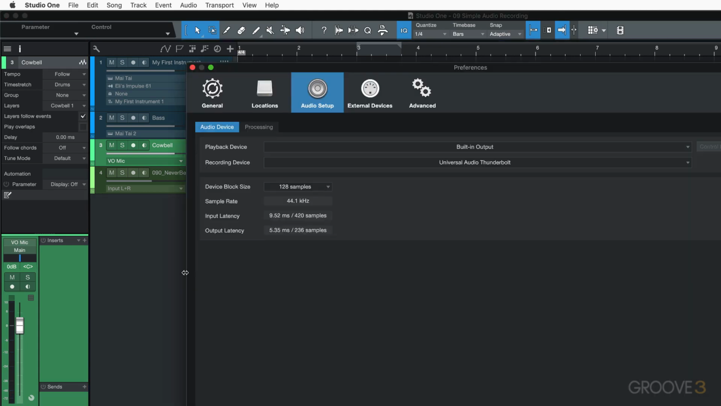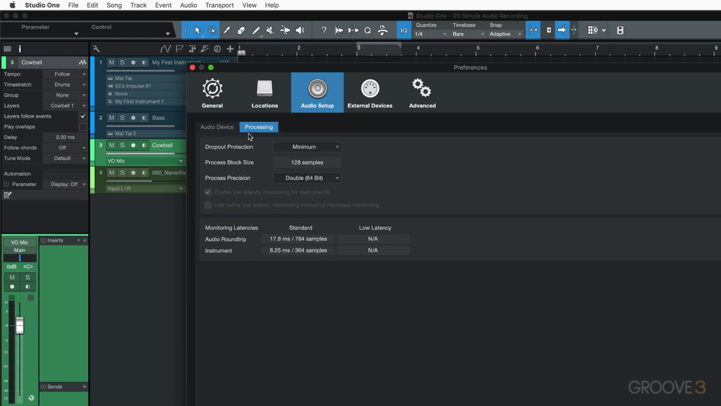Now I'm going to open the preferences, and you'll recall we spoke briefly about the audio setup and this device block size, which the smaller it is, the less latency there's going to be, and the higher it is, the more latency there's going to be. And this is fairly low, but we're still hearing a little bit of latency. We can also affect this on the processing tab with the dropout protection. Right now it's set to minimum, and we can see here the amount of latency that's happening,